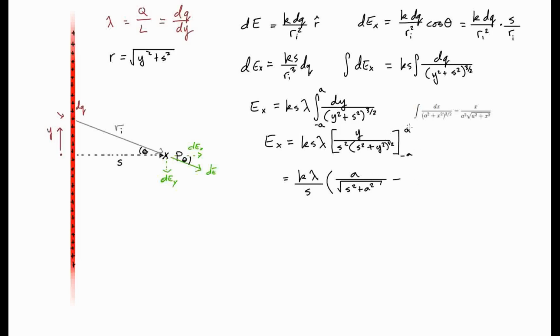And then we're going to evaluate at negative a, so that's minus negative a, root s squared plus negative a squared, which is still just a squared, so no big deal there. The minus negative, of course, turns this into a 2a lambda over s. And then that gives us a